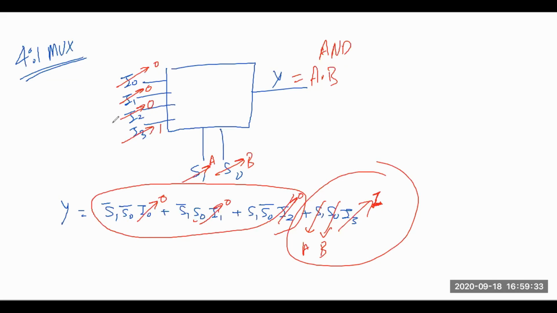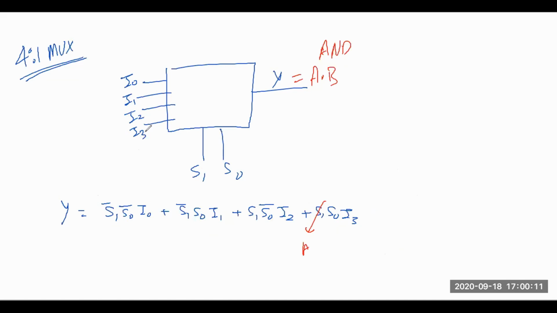Okay, so with this example, you have seen that you can implement an AND gate with a 4:1 multiplexer, and the number of 4:1 multiplexers required for implementation of this two-input AND gate is only one. You need not use any other circuit or any other multiplexer or logic gate for implementation of this AND gate. So you can have this two-input AND gate if you have only one 4:1 multiplexer. Okay, so the same analysis we will do for the OR gate also.